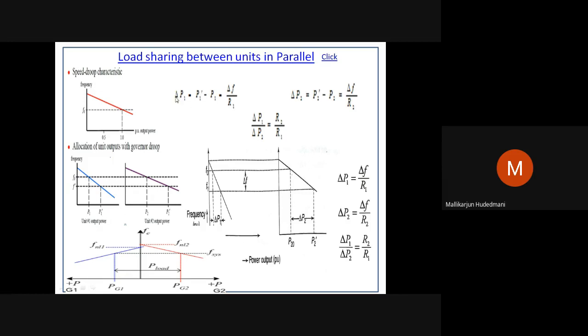So what is that delta P1 then? Shift in demand is the new set point minus the old set point. That is called delta P1. Expected change in machine number 1, on the droop nature, is the deviation in frequency divided by R1. Similarly, deviation in frequency divided by R2. If I take a ratio, delta P1 by delta P2 is R2 by R1. The same thing I wrote once again: delta P1 equals delta F by R1, delta P2 equals delta F by R2, and when I take the ratio,